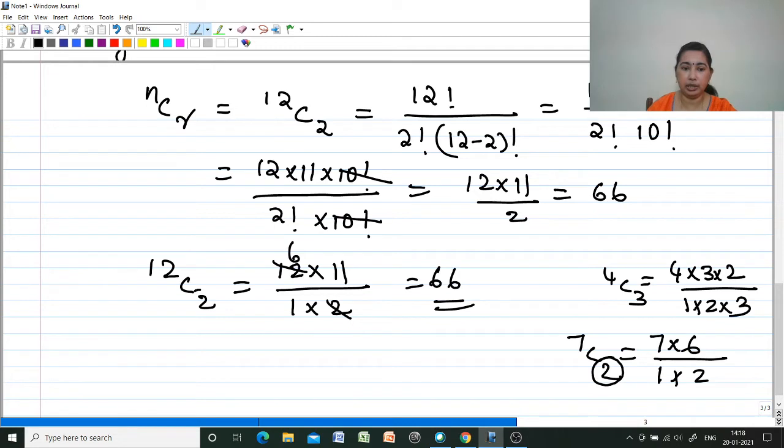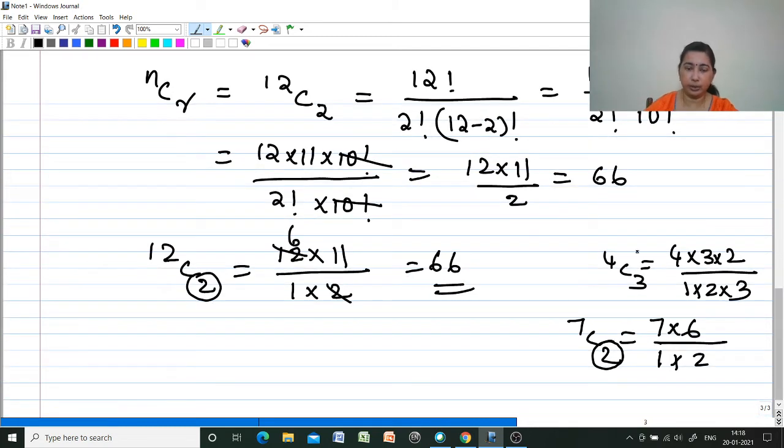So here how much is given, that much you have to decrease. So 12 into 11, and in the denominator increase up to that number. So that is about nCr. So nCr is n factorial by r factorial into n minus r factorial. That formula also is needed for some proof, finding out the value of n and all.